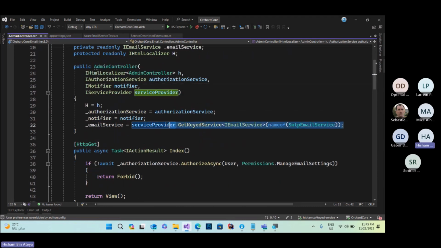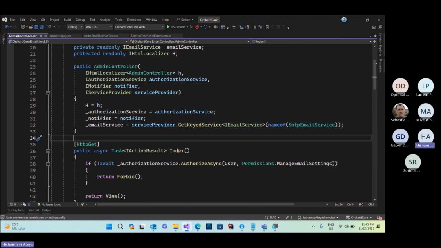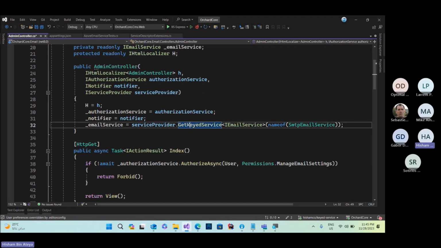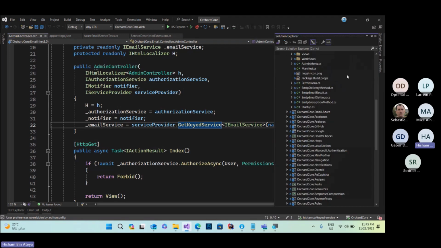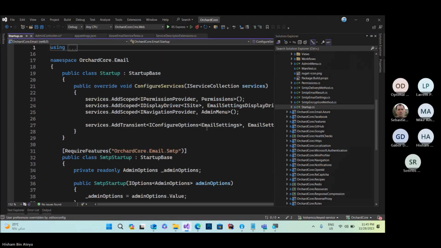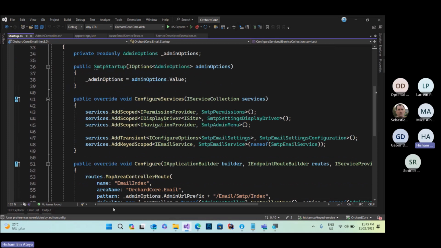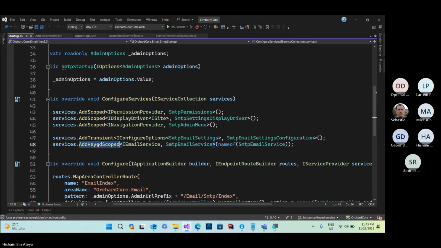So for that, there's a new API in .NET 8 that lets us get the service by key, which I think suits this case. So if I go to the SMTP implementation here, instead of adding it as a scoped service, I register the service as a keyed scoped service with the key, which is the name of the service.